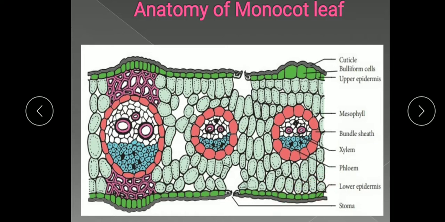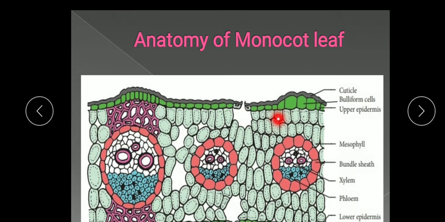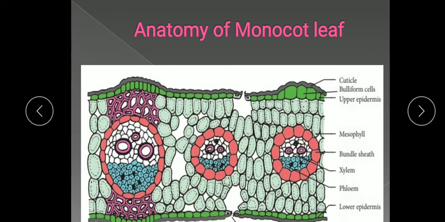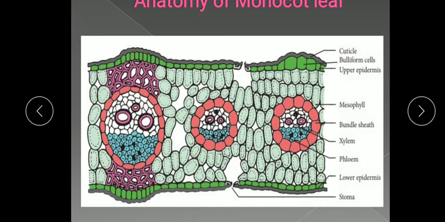Here in the monocot leaf you will see that the number of stomata is almost similar on both the surfaces. At the upper surface and at the lower surface, the number of stomata, these are the stomata, are almost similar. And here the mesophyll, the central ground tissue, is not differentiated into the palisade and spongy parenchyma. Some of the epidermal cells are modified into hairs, and these hairs occur on the upper surface longitudinally. Some hairs are there, not all.